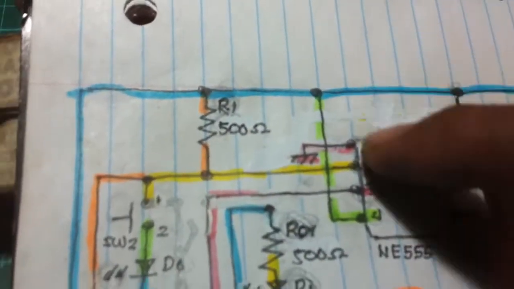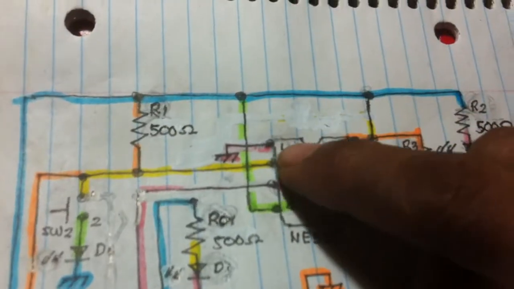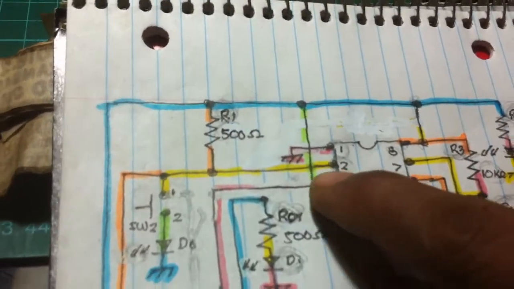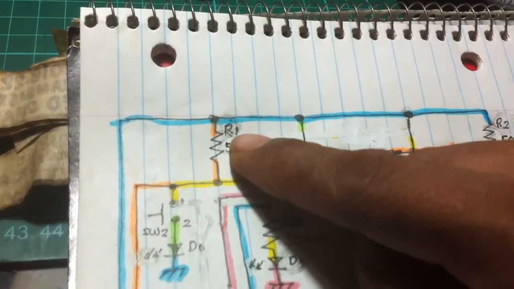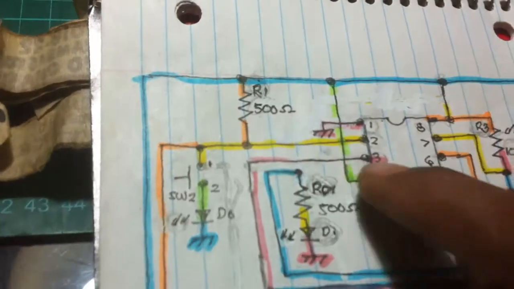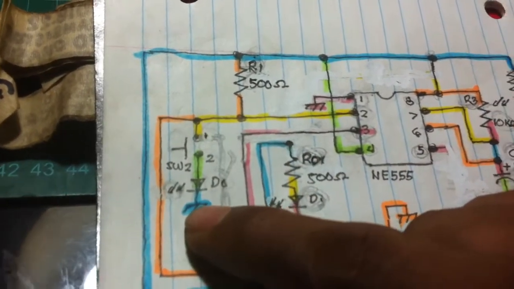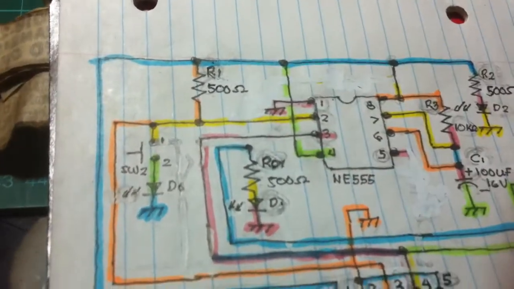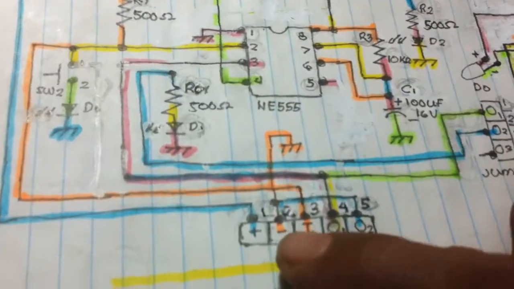So in here you have the 555 timer, pin 1 to the ground, and pin number 2, the trigger, is connected to R1, 500 ohms, and also there's a switch to the ground with an input LED. Pin number 4 is always positive, providing a continuous supply, and then the output is controlled by this header,